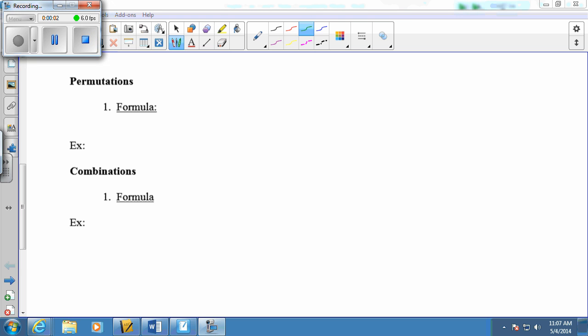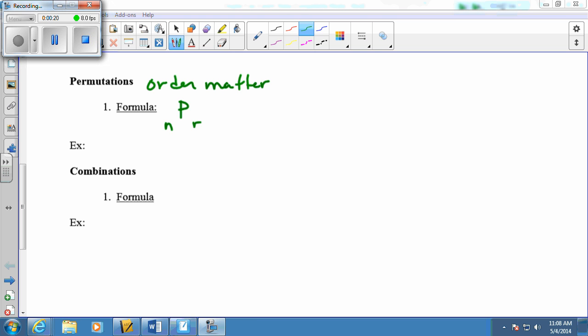Permutations happen when I'm looking for arrangements where order matters. That's going to be a key component here. Order is going to matter. So we have a formula for this, and permutation P, and then we put in front of this N and